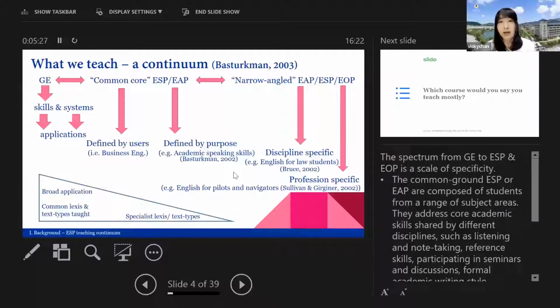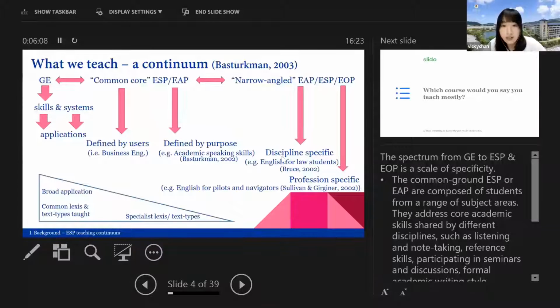If you guys want to learn more about those, I have also put a reference downstairs so that from that paper you can read more about their in-depth study of a course called academic speaking skills. And then from the very end extreme level, the very narrow focused EAP, ESP, EOP, that usually are concerned with the language itself. For example, the structures, vocabulary, academic conventions, or even specific genres, and then particular communicative needs of a particular discipline, such as the law or economics of students.